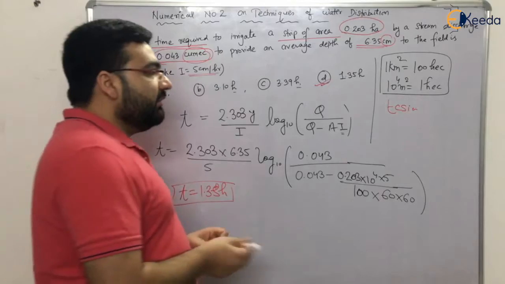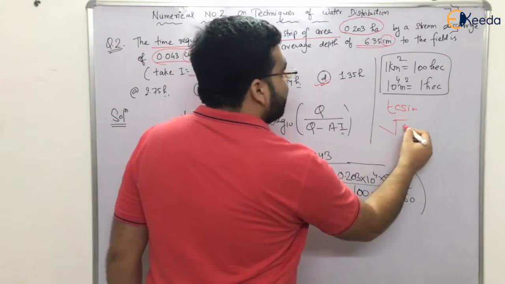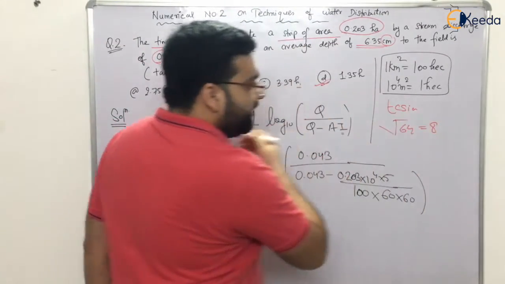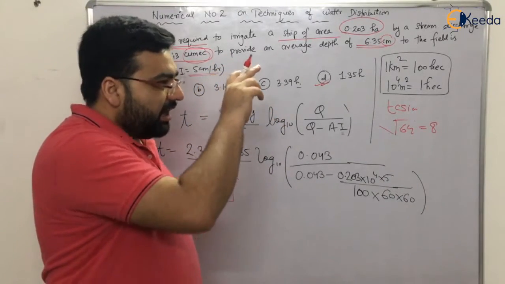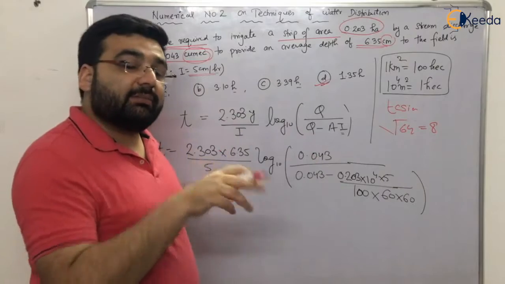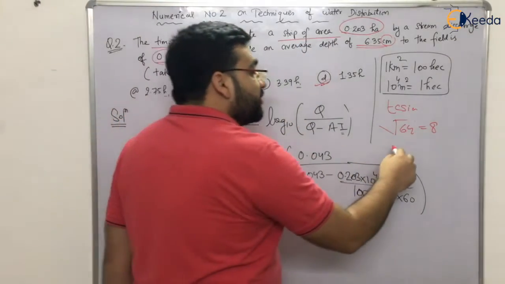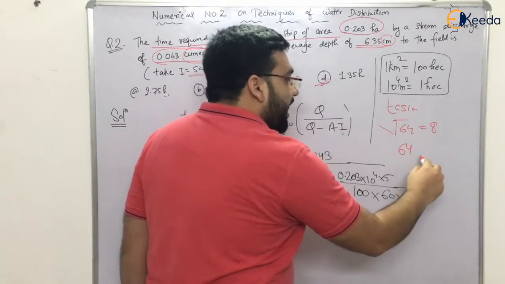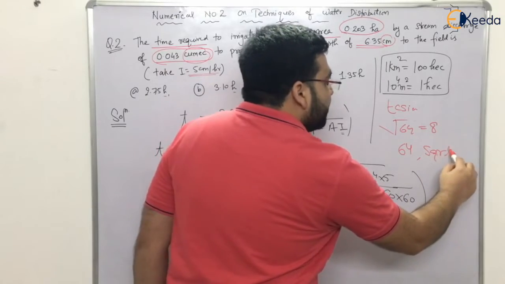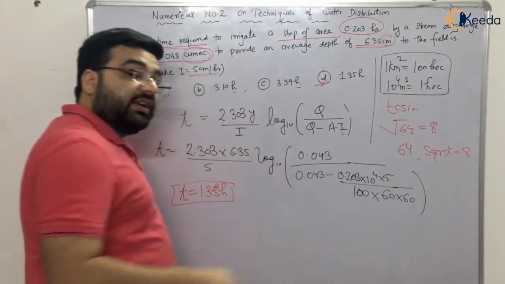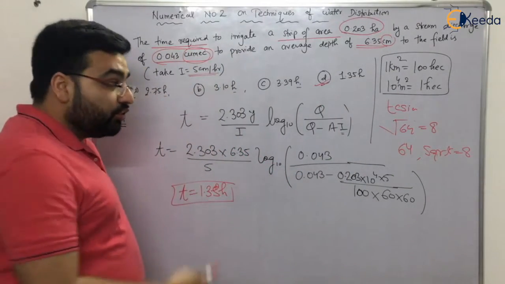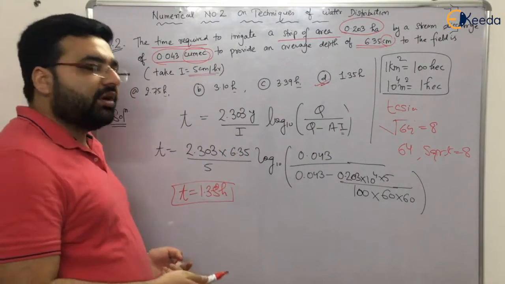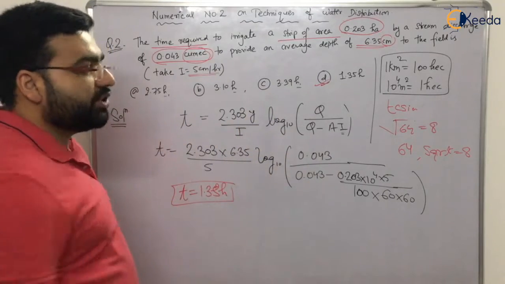For example, if you want to calculate the square root of 64, it will be equal to 8. So in this calculator you give the command square root and 64 and you get the answer. But in the scientific calculator on screen, first of all you have to put the number 64 and then give the command square root, then you will get 8. So this is the thing, right? You have to be well versed with the online calculator, so don't use this calculator. I am using this calculator just to make you understand how to do the calculations.